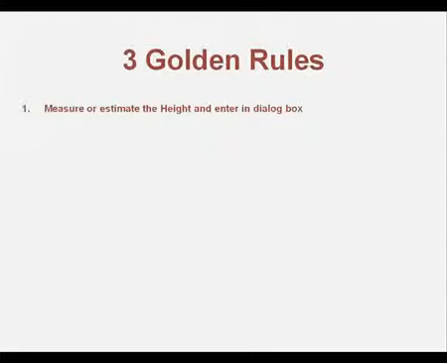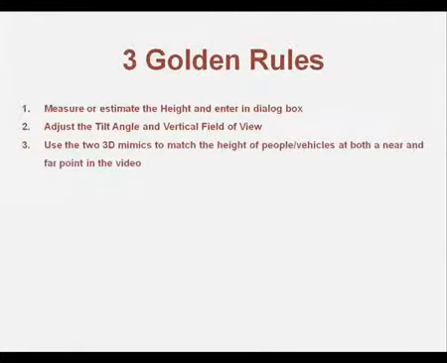To summarize, these are the rules of calibration. Number 1. Measure or estimate the height of the camera above the ground and enter it as the first parameter at the beginning of calibration. Number 2. Adjust the tilt angle and vertical field of view. Number 3. Use the two 3D mimics to match the height of the people or vehicles at both a near